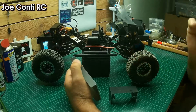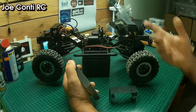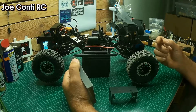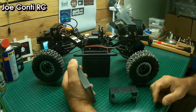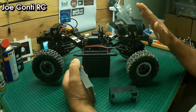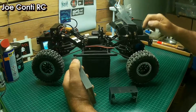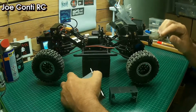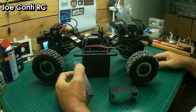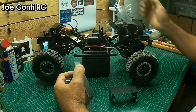It's a brilliant idea if you have a Lexan body, but unfortunately where I go with these cars, it's rocky, and every time the body hits the rocks, the body flies off, and on a windy day you'll be chasing it down the beach. Believe me, I've done it. So this time I have decided to use the same body mounts, the same plates for battery, and for electronics at the back. But this time I'm going with Velcro. I've decided to go with Velcro. It seems to hold it down